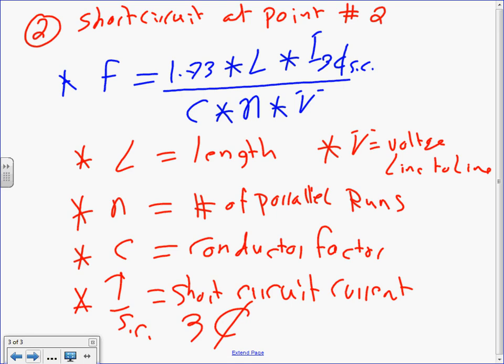Any comments, guys? Any questions about that? Shall we go plug the number in? Conductor factor is a set number. Good point. Everything you guys are familiar with, except what is a conductor factor? For you, the conductor factor will be coming from a table, table number 16-3, page